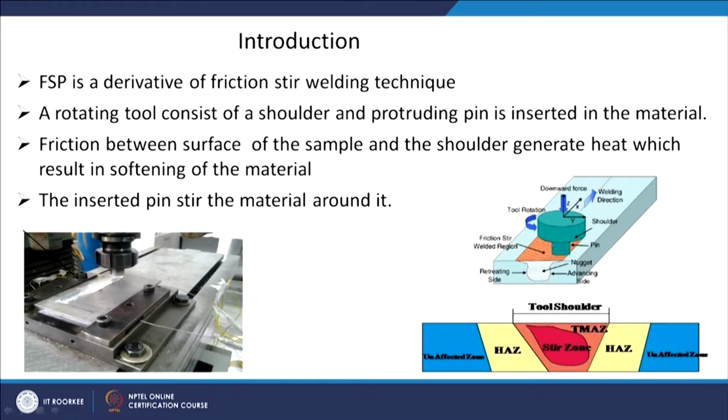Of course, this material flow is a very complex phenomenon, and a lot of work is going on in understanding the material flow. But in a layman's language, it is like this, that you are continuously bringing front material to the back and the tool is moving,